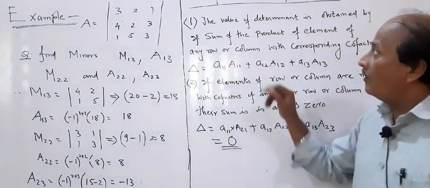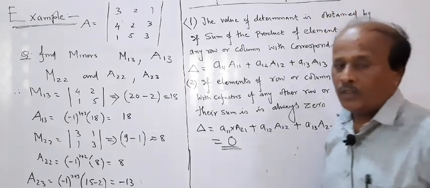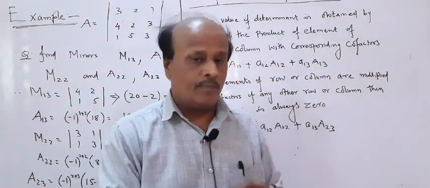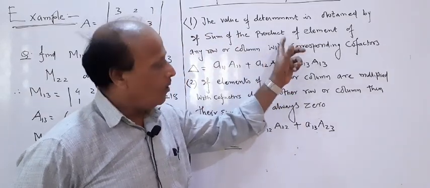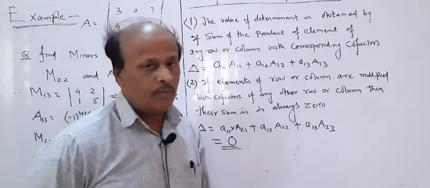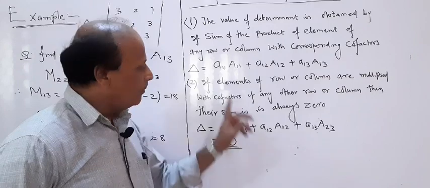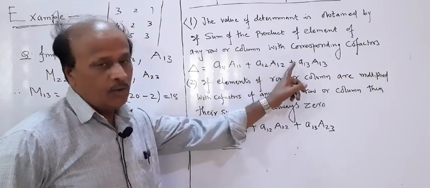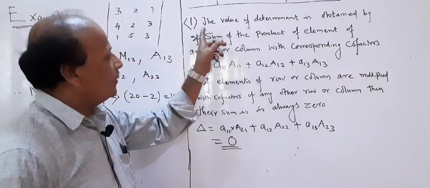Now there are two important conclusions, remarks, or usually I call them theorems in your book. Many times objective questions are given on these particular properties or theorems. So remember the statement, the proof is given in your book, but it is not necessary, the proof is very obvious. But remember that statement, it can be utilized for objective type questions. Now what is the statement?